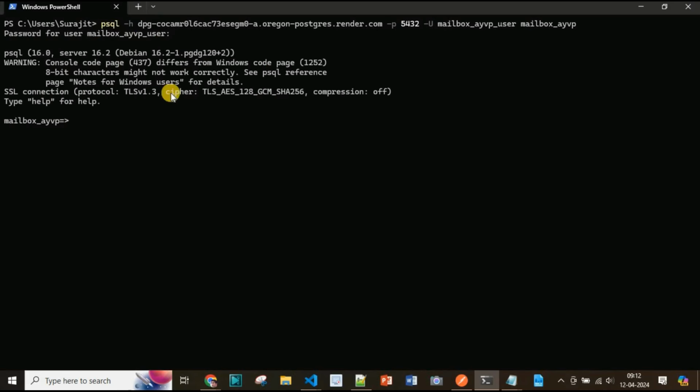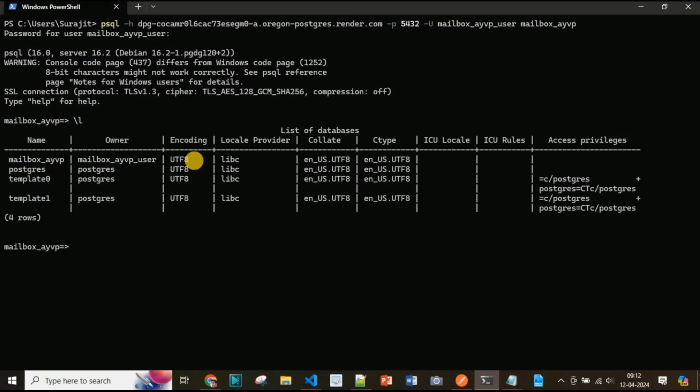By providing the password, I can log into the system, and if I list the databases, we have the mailbox and Postgres. Next, if I check the table's presence, I did not find any relation, so I'll put this information in my local